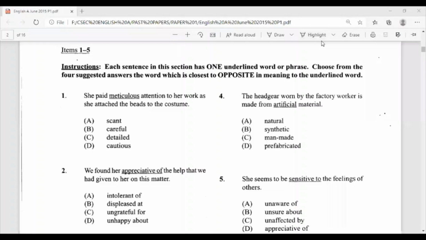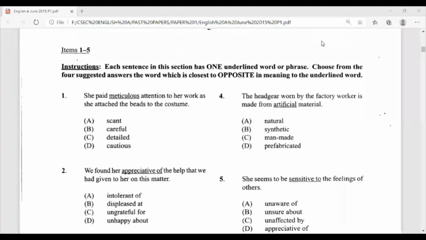Hi everyone, in today's video we will be looking at Paper 1, which is the multiple choice paper for English A CSEC, and we'll be going through the discrete items. Now